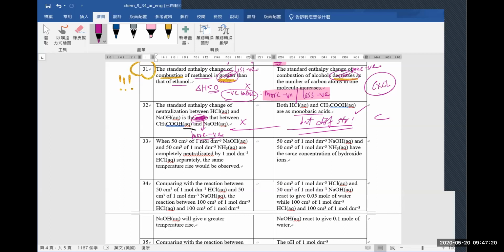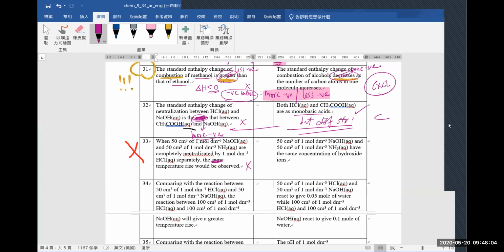33. And I invite Yong Jing Lam to try 34. Where 50 cm cube of 1 molar NaOH and 50 cm cube of 1 molar ammonia are completely reacted by 1 molar HCl, the same temperature rise will be observed. They have the same concentration of hydroxide ions? The first statement is wrong. Second statement